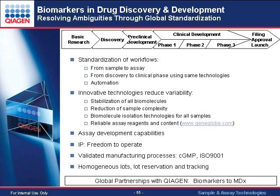I have introduced several technologies to stabilize biomolecules in order to reduce variabilities, to increase sensitivity of different starting materials such as proteomics workflows by reducing sample complexity, and by immortalizing not only genomic DNA samples but also RNA samples for subsequent genotyping and gene expression analysis, providing not only sample preparation reagents for all these different tasks but also reliable assay reagents along with contents. And as I have pointed out earlier, we would be definitely happy to, in partnerships with our pharma partners,